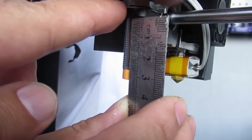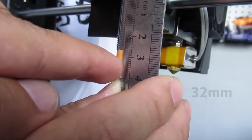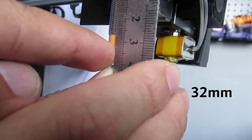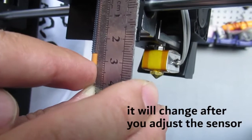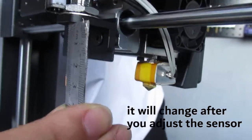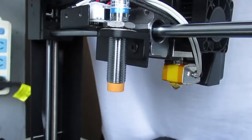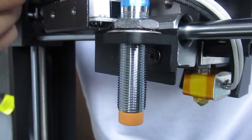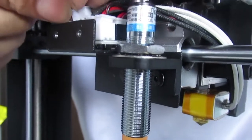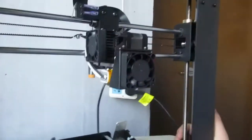From where the sensor is mounted to the edge of this orange part, the distance has to be 32 millimeter. You can measure it by a ruler, and then you can go and just tighten it a little bit, not too tight, and plug the cable on the splitter board, and then